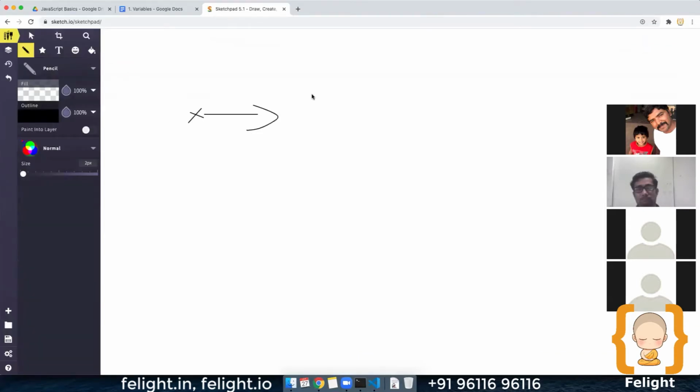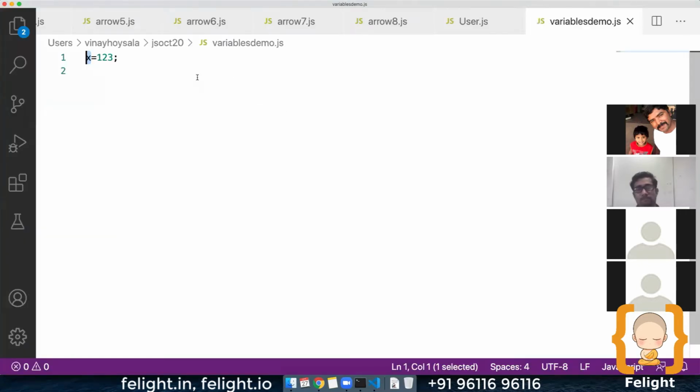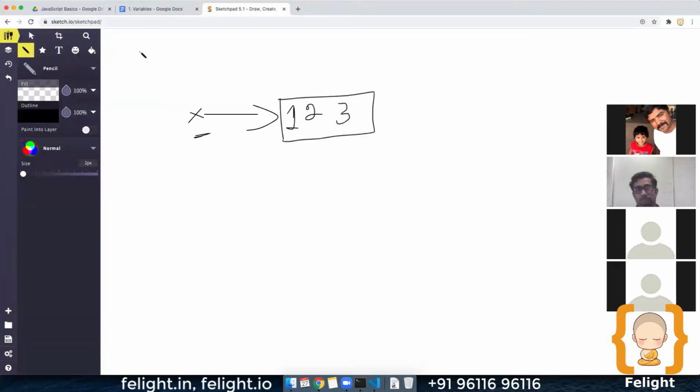In that memory location, the value we assign, that is 1 2 3, gets stored. So is the concept clear? Yes, sir. Okay. So a variable is a container which can store some value which can change over a period of time. That means later if you say x equal to something else, then what was this 1 2 3 becomes whatever the new value that we have assigned. The value changes.